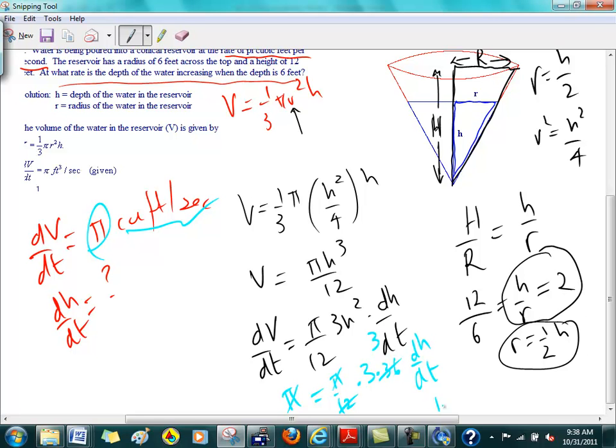So I get 1 equals 9 dh by dt. Is everybody with me on this? Okay, 12 and 36 cancel to give you 3. 3 times 3 is